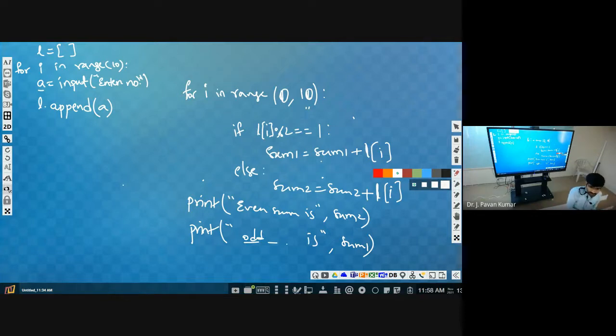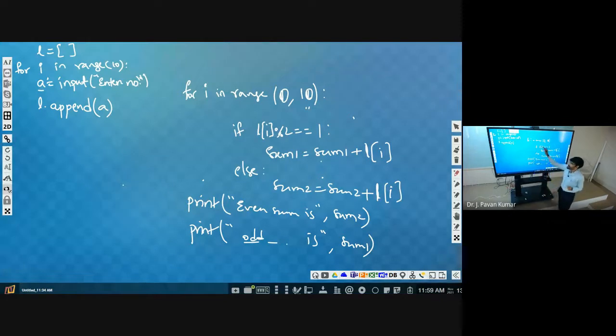So how can you display? Just first time I value will be 0, right? That time we are taking number 1. So you can display here I plus 1. Got it? Comma I plus 1. Then it will display enter number 1, number 2, number 3, number 4, number 5. Okay. And then after taking that, you will be appending to the list.